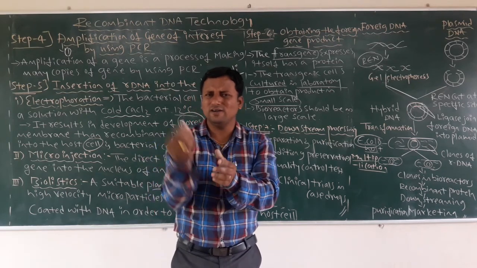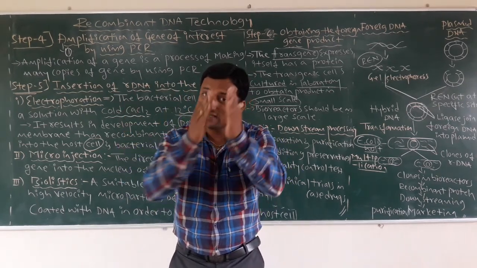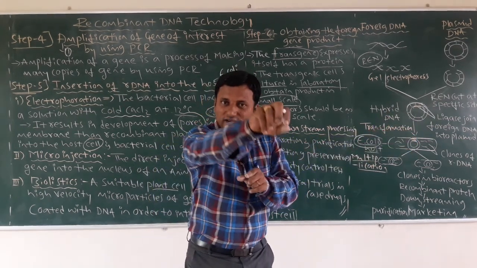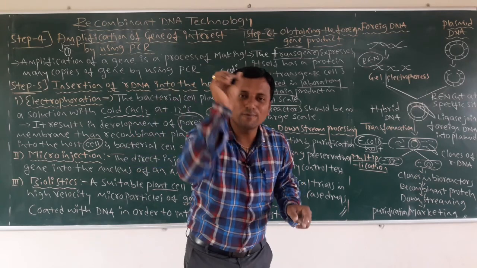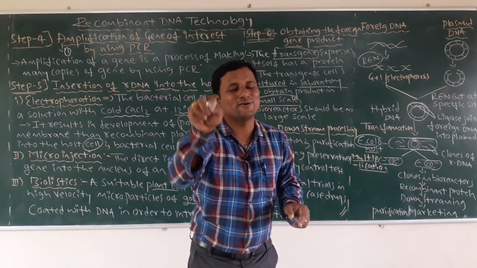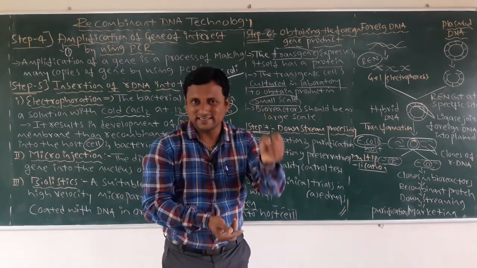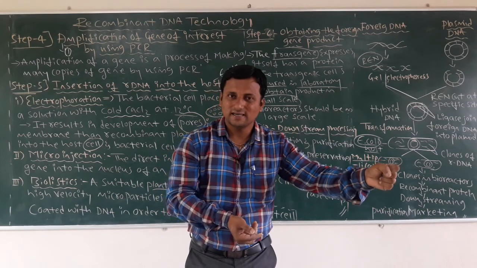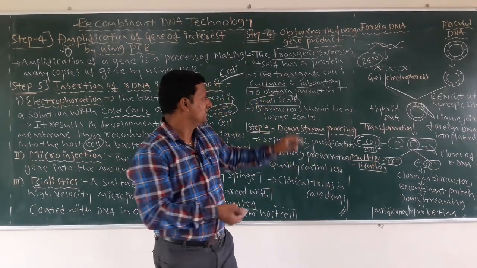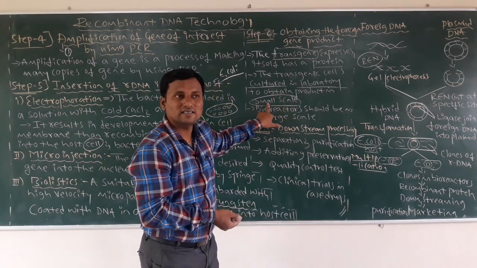Yeah, we want only one product that we are going to get in the laboratory. We want to get a number of products, and there are different ways. Like this, you can obtain the product where you can insert it into the E. coli bacteria. Take that bacteria and culture it in the laboratory under suitable conditions, then you are going to obtain the new product, which will be on a small scale.